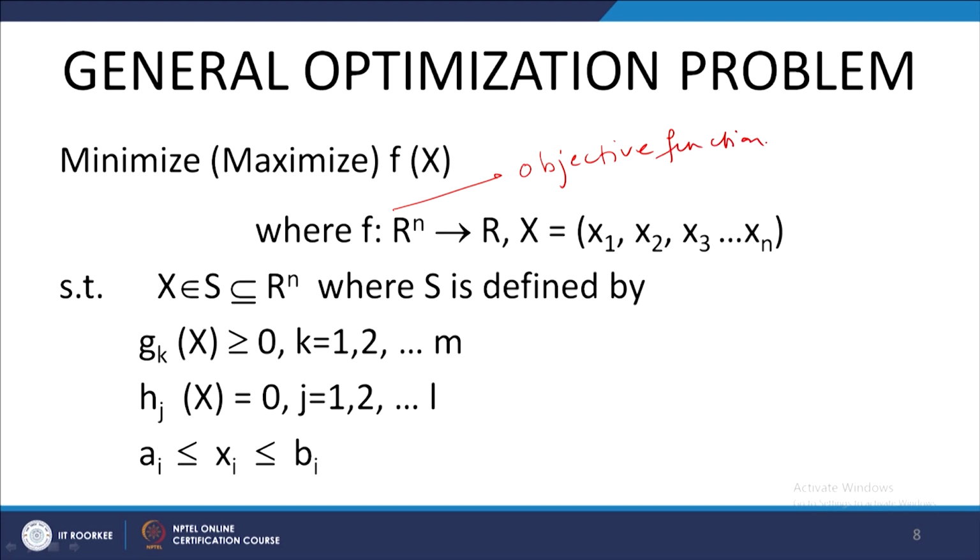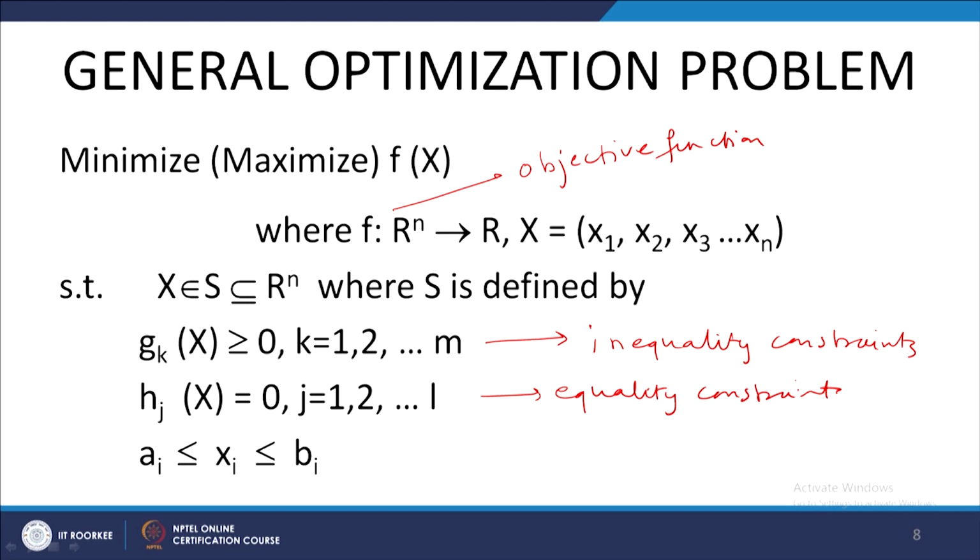That is, this is the function which has to be either maximized or minimized depending upon the problem at hand. Now, the g_k's, that is g1(x), g2(x), are called the inequality constraints. If they are less than or equal to type, then they can be converted to the greater than or equal to type. The h_j(x) are called the equality constraints. And these conditions are called the lower and upper bounds,